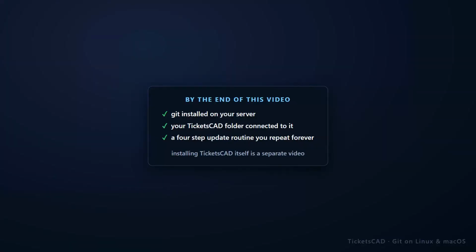If you run TicketsCAD, updates come out regularly. Bug fixes, new features, security patches. This video is about how you get them onto your server using a tool called Git. By the end, you will have Git installed, your TicketsCAD folder connected to it, and a 4-step routine you can